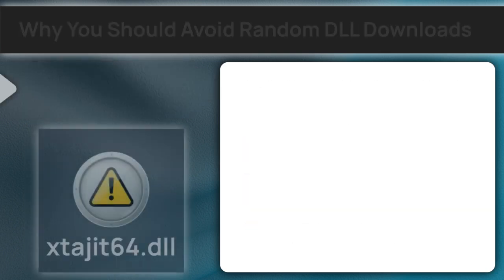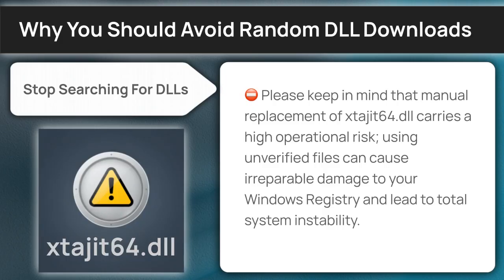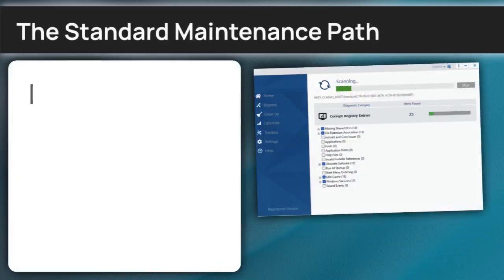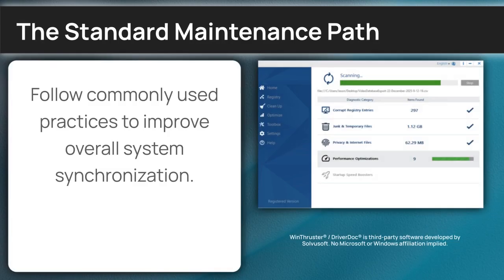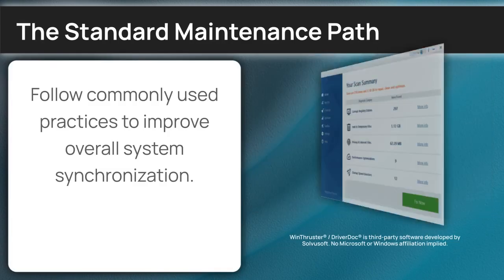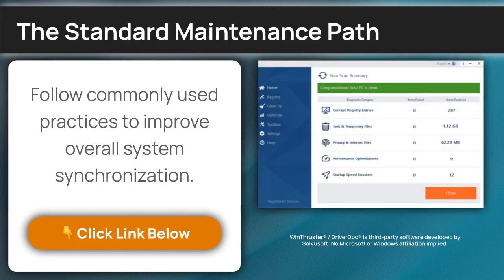To ensure long-term stability, we should review the safety risks associated with unverified file sources. Keep your personal information safe by avoiding third-party mirrors for XTA just-in-time compiler 64 DLL, which lack the encryption and security of verified official updates. To ensure your environment stays properly configured, a professional diagnostic can help verify that your library references remain intact. If system conflicts or lag are present, the resource below outlines concepts related to XTA just-in-time compiler